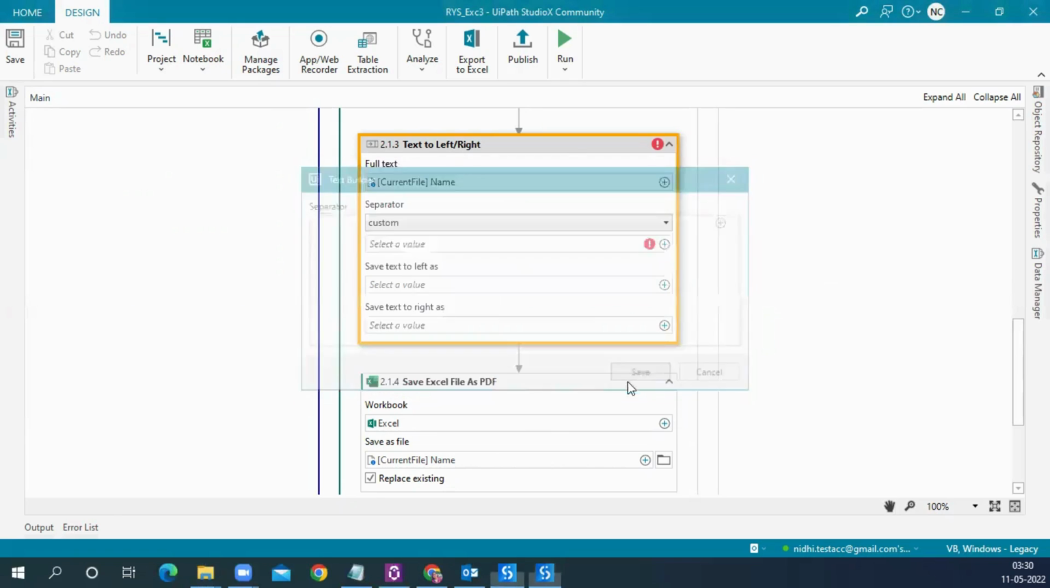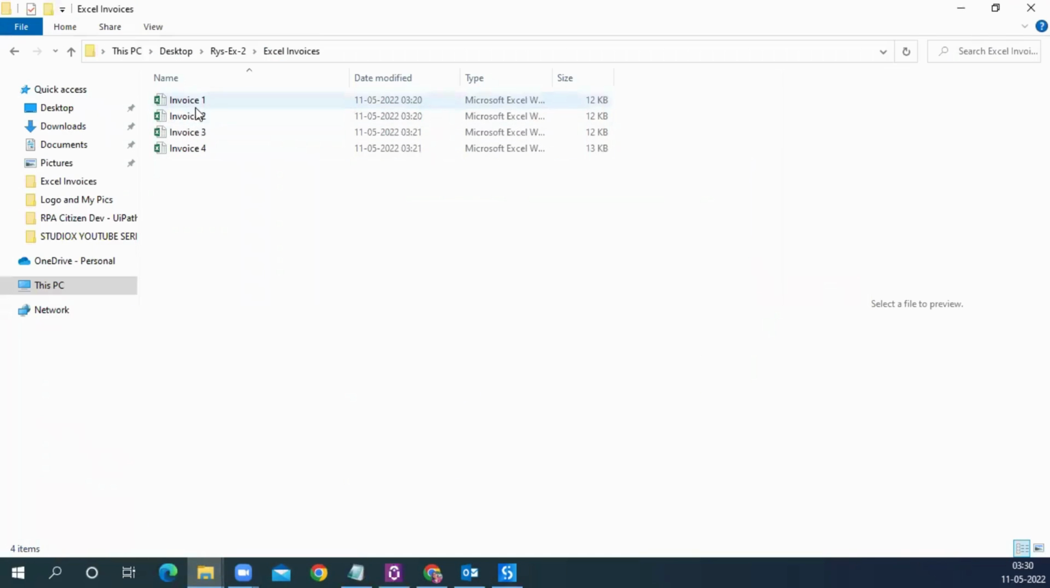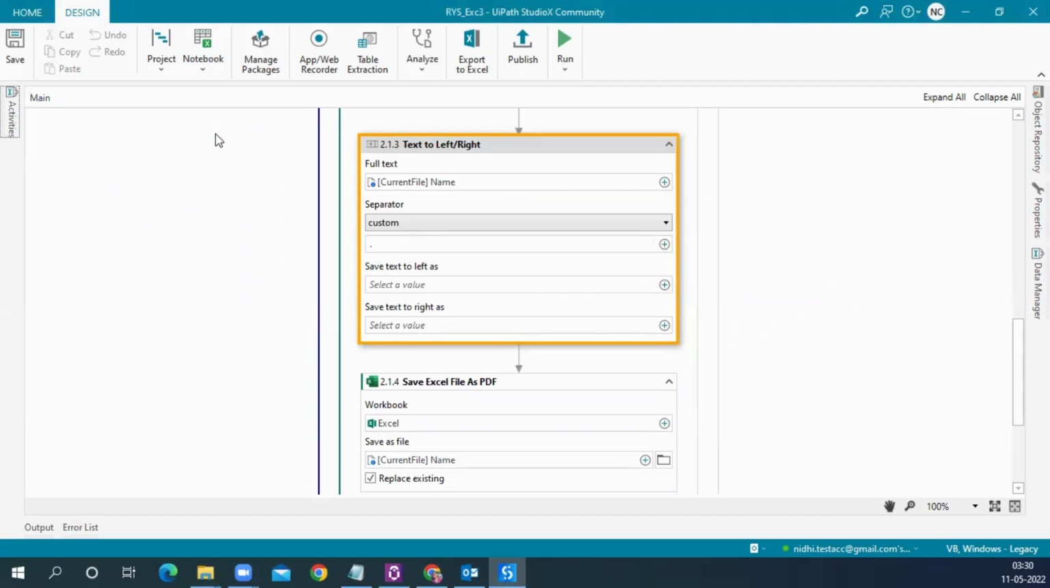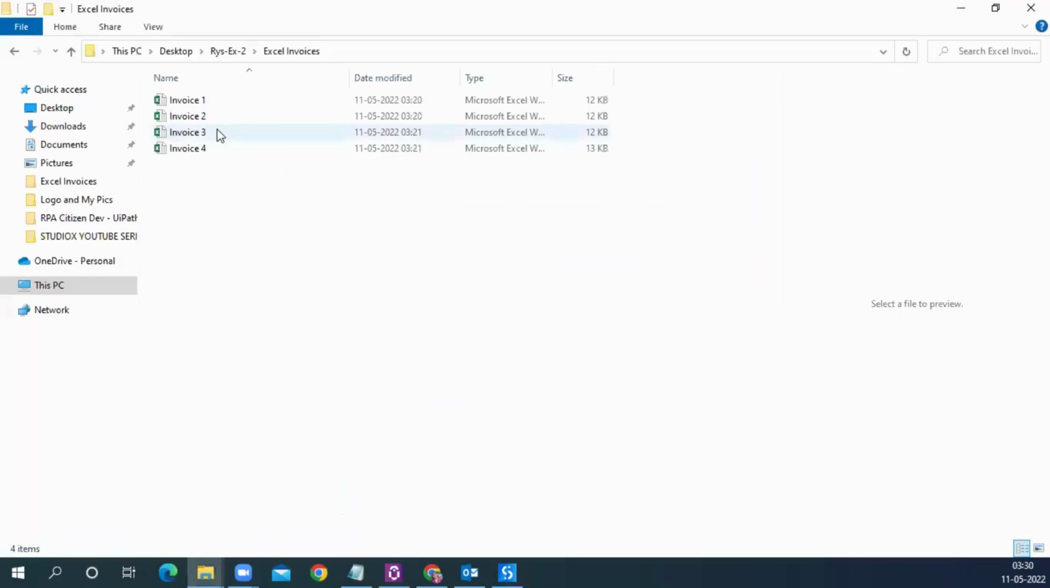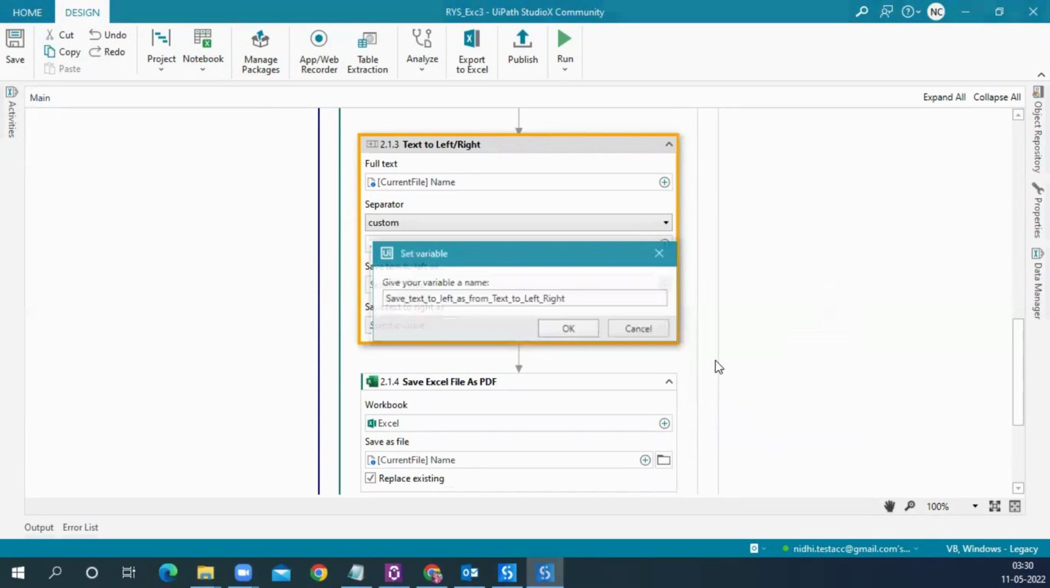So when you have that file name, which is invoice1.xlsx, we only want invoice1, right? And then rename it as invoice1.pdf. So you only want the invoice1, not the xlsx. So save text to left, it means the invoice1. We are going to save it as create variable and say file name only